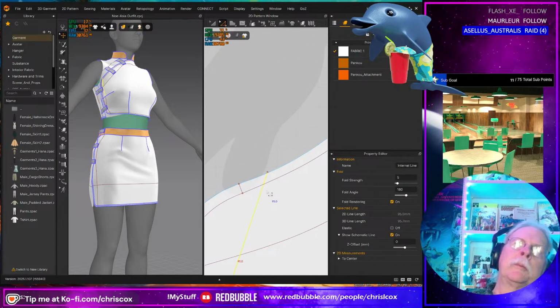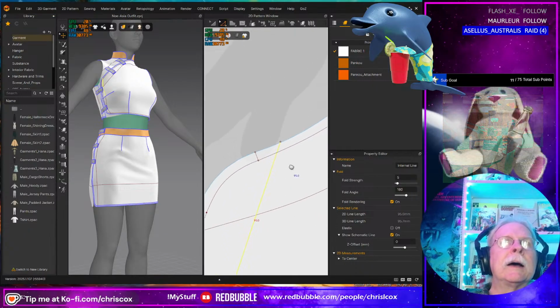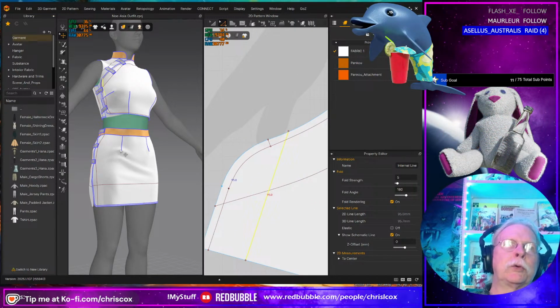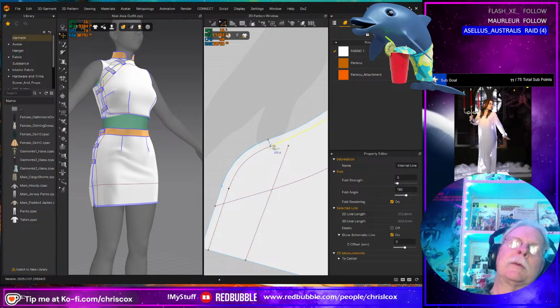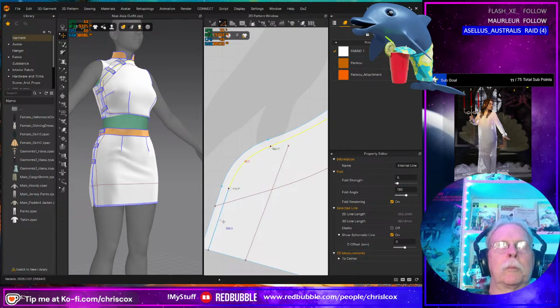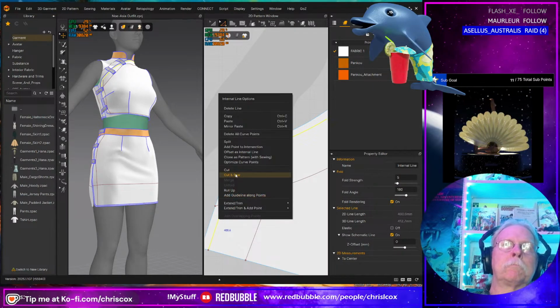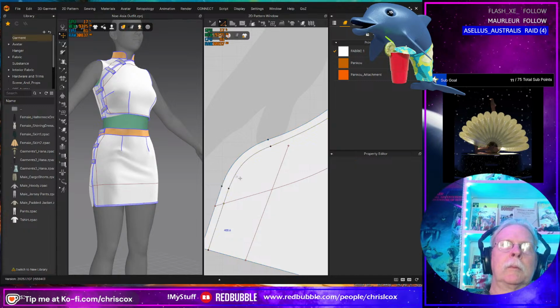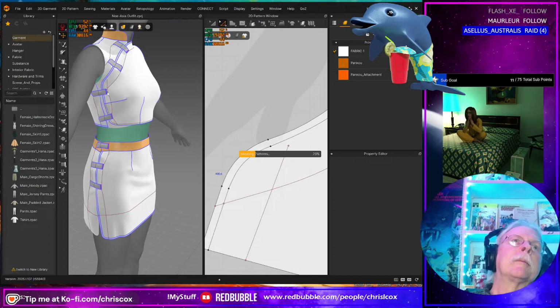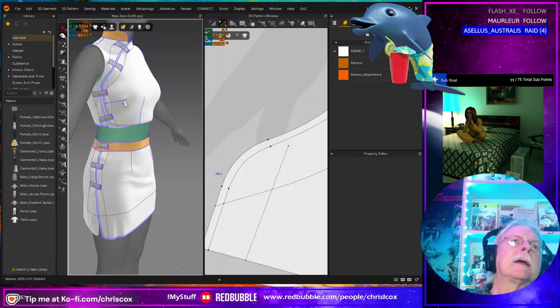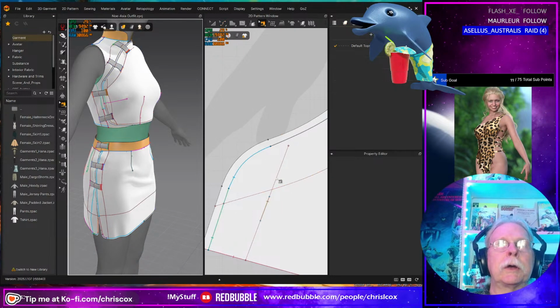What are you? Do I need you anymore? I think something's sewn to you. I think that's why you're there. I think maybe I can. Is that what's giving me issues? By Jove, that might have been it. I've moved this, so I want to make sure I didn't screw the sewing up too bad. It's probably okay.